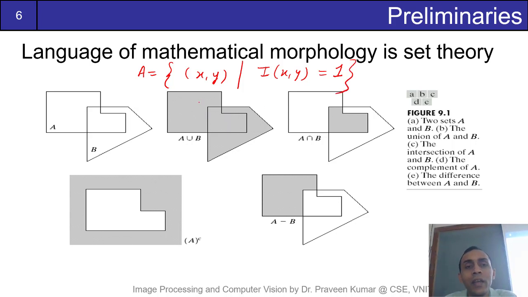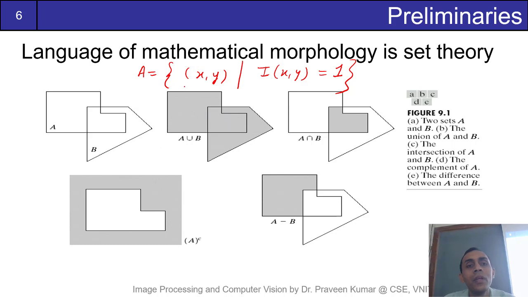Let us say A represents all those locations in the image where the image intensity value is 1, or we can have another set B where the image values are 0, and so on. So we can use set notations